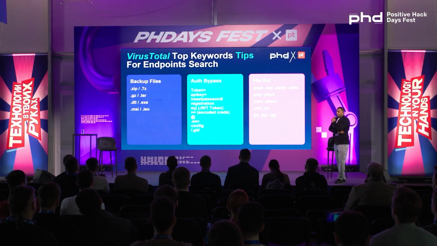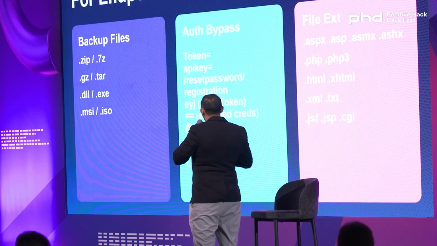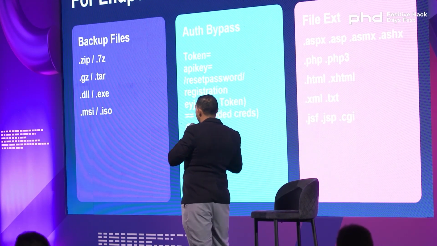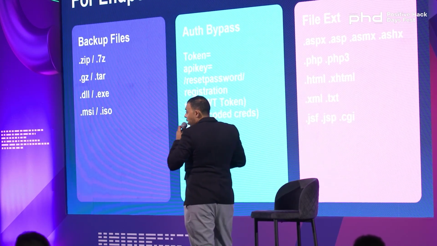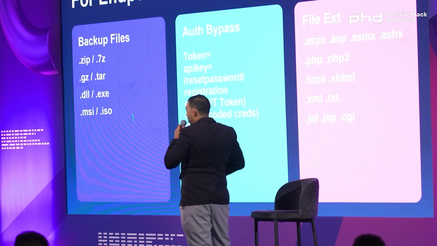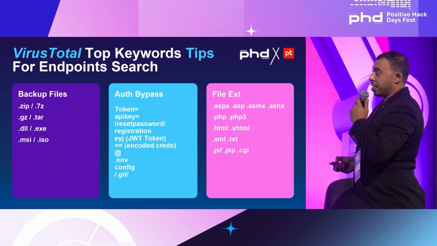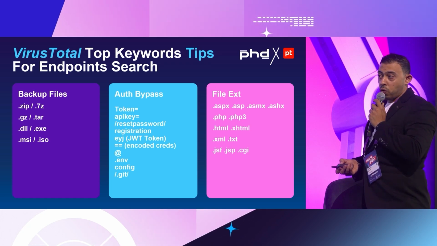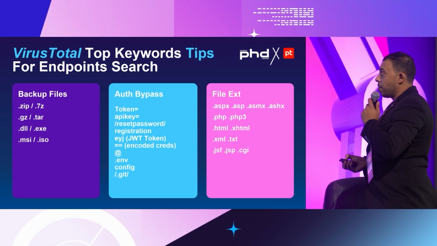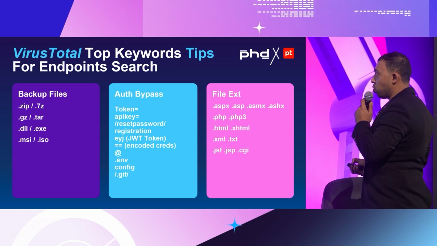So when we do that on VirusTotal, how can we be fast to locate what we are looking for? I added here the top keywords to search in VirusTotal. First of all, searching for backup files: zip files, 7z, gz, tar, dll, exe, msi, iso. And then we look for authentication bypass keywords: token equal, API key equal, reset password, registration,